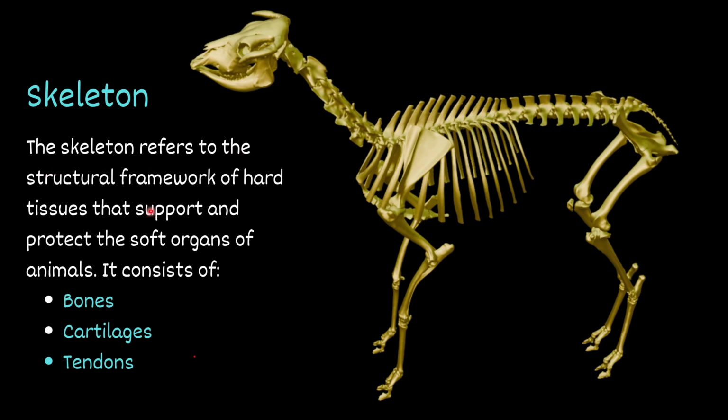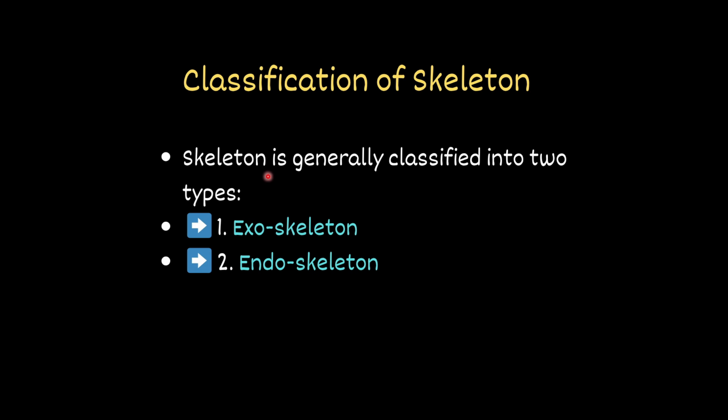Skeleton refers to the structural framework of hard tissue that supports and protects the soft organs of the animals. It consists of, you can see this is the skeleton of a cow, bones, cartilages, tendons. Skeleton is generally classified into two types: exoskeleton, found on the outer part of the body; endoskeleton, they are found